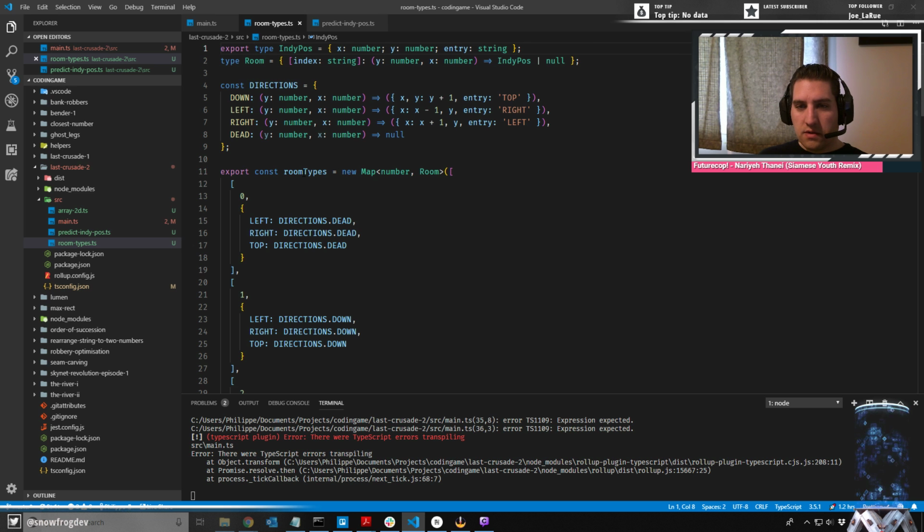Room types is a map that returns an object of type room. And the object of type room is index string. Yeah, and then returns this. Now,